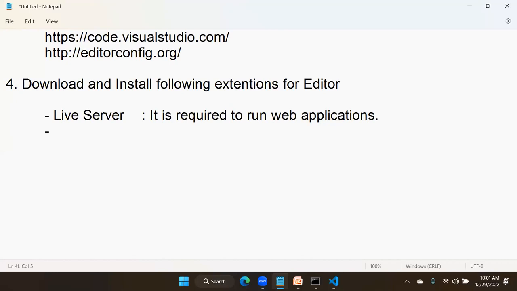Now another extension I will recommend you try also. You download VS Code icons. Another one, icons. You search for another extension called VS Code icons and you install it. VS Code icons is not mandatory. Live server is mandatory. VS Code icons is not mandatory, but it is good because as a developer in a